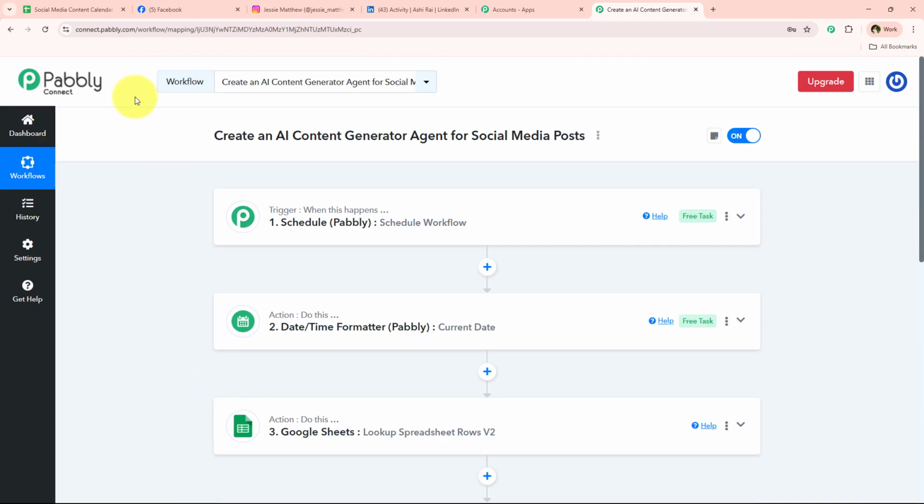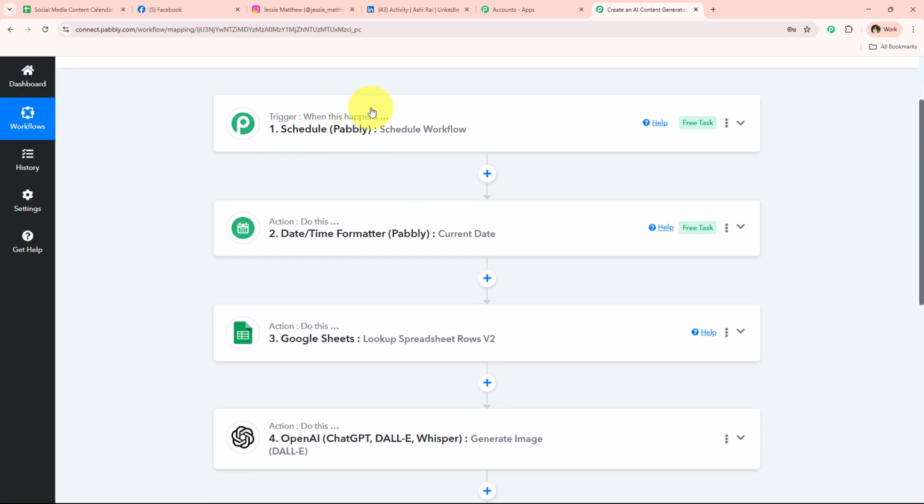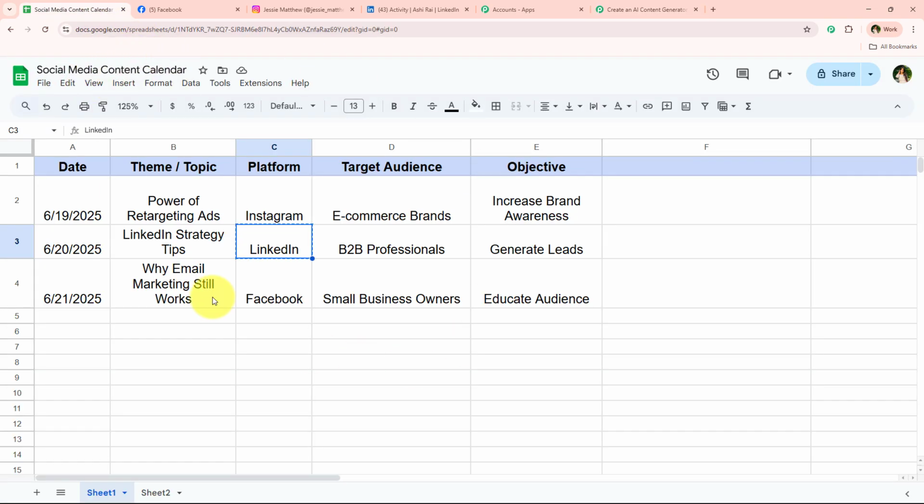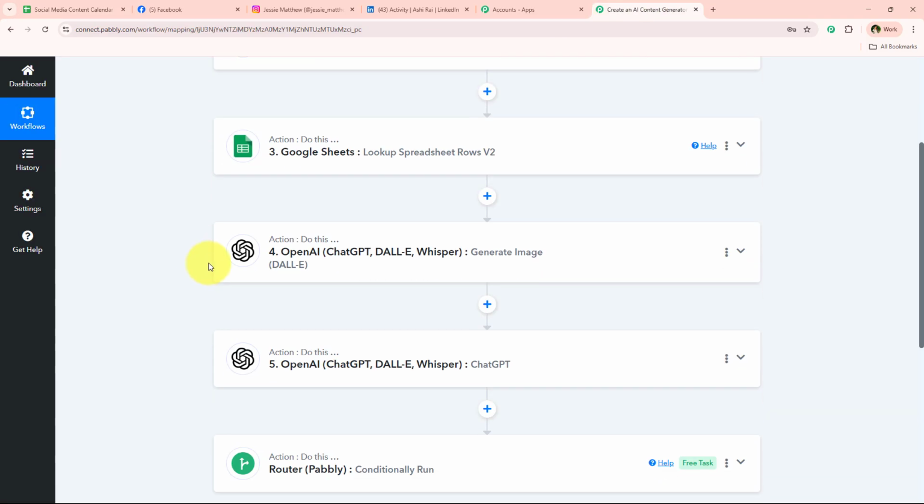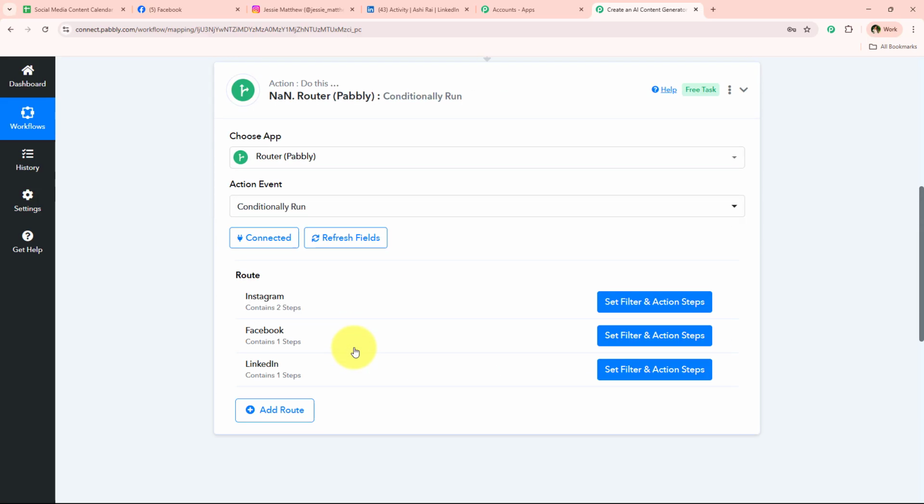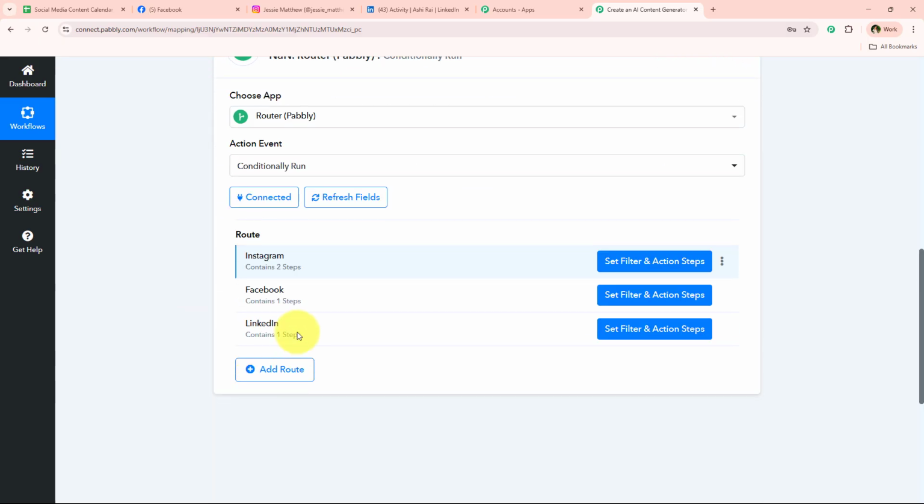And now what is going to happen is that every day at 10 a.m. automatically this workflow is going to get started. Further, it is going to fetch the current date, and according to the current date, it is going to look into my social media content calendar. And over here for the current date, whichever platform post is scheduled, automatically it is going to do the same. It is going to first generate the image, the captions and the hashtags, and then one by one it is going to first see if it is for Instagram, Facebook or LinkedIn,